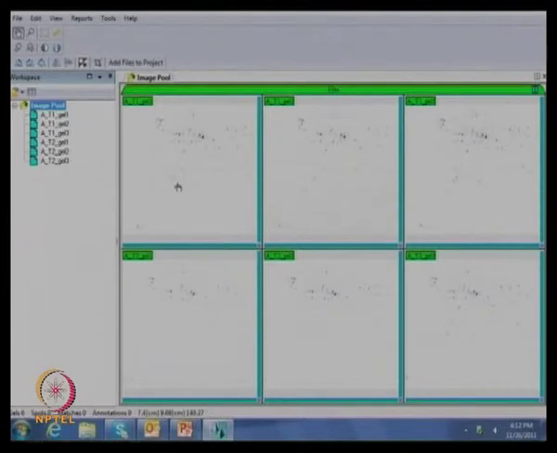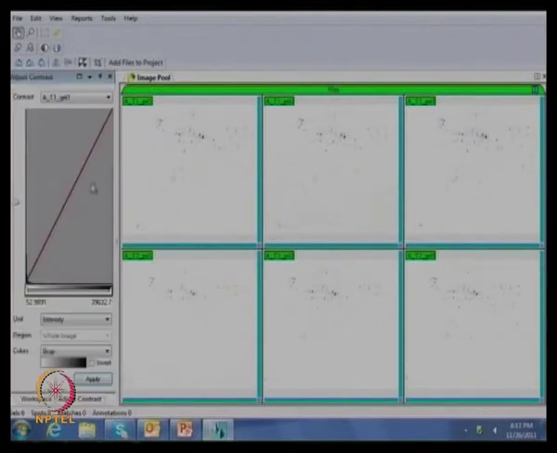Now we need to edit the images for visualization. We need to change the contrast and brightness and other features. This is the button where you can adjust contrast and brightness.